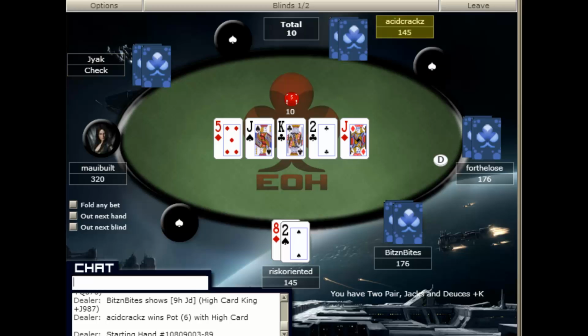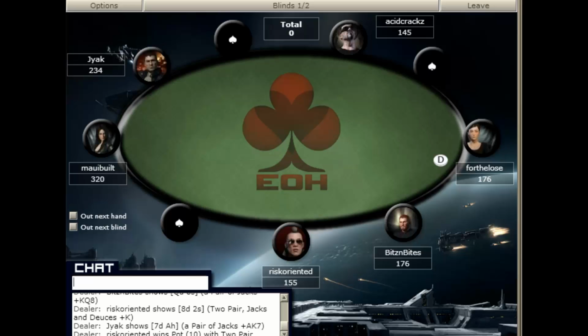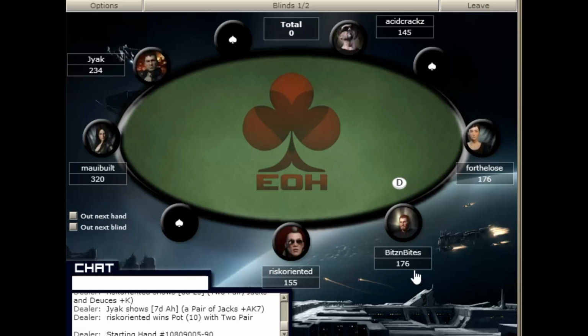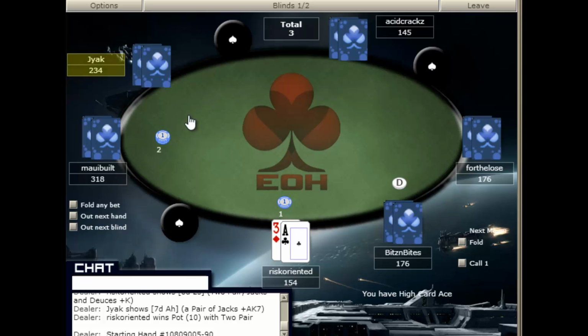Position is defined as the place you sit at on the table relative to the button. So position progresses from the small blind to the big blind, to early position, to middle position, to late position to the button. And it progresses left around the table like this. So we're in the small blind, big blind, early position would be these two seats, middle position, late position, and then the button.